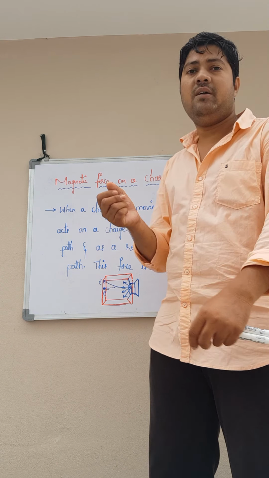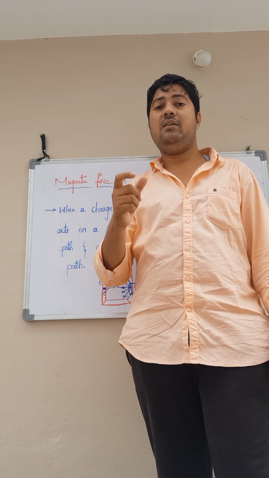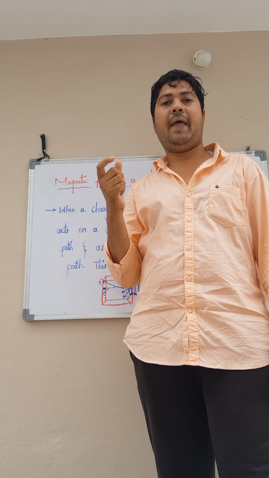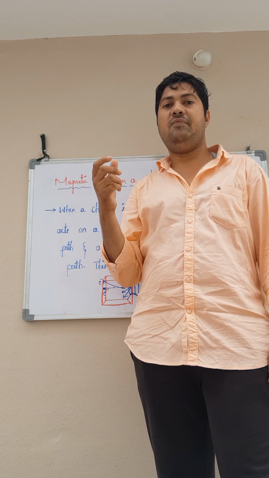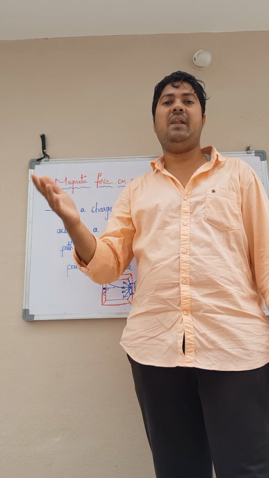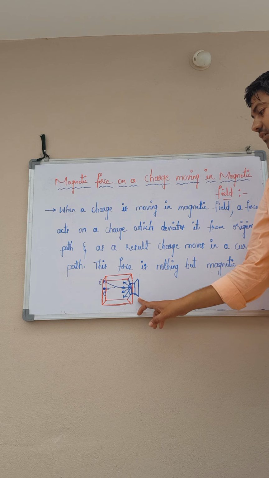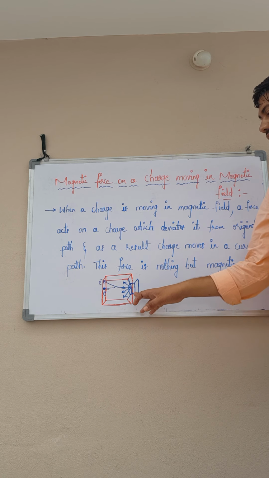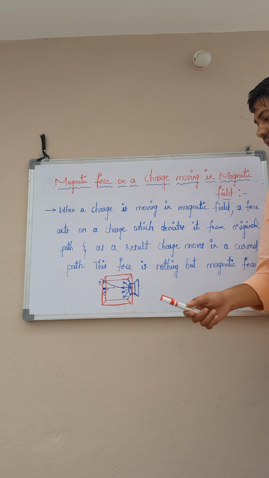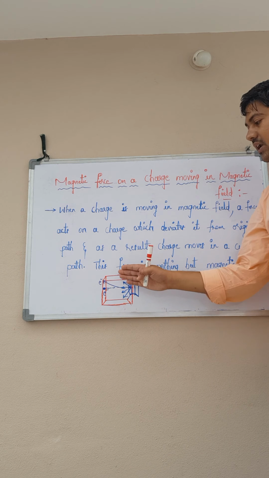Have you ever observed distortion in the TV screen when you place a magnet near the picture of the TV screen? Have you ever brought a magnet near the TV screen? If you bring a magnet near the TV screen, you might have observed distortion in the picture which is playing in the screen. This is because generally in our picture tube TVs, at the end of the TV there will be a picture tube which will be ejecting electrons in different directions.